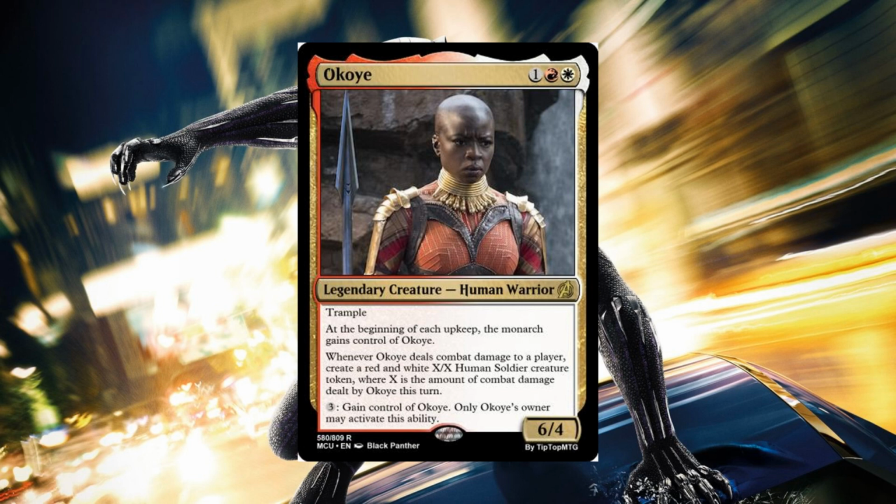at the beginning of each upkeep, the monarch gains control of Okoye. And then, whenever she deals combat damage to a player, create a red and white X/X human soldier creature token, where X is the amount of combat damage dealt by Okoye this turn. So a very powerful card for 3, but if someone can manage to become the monarch, now that's coming against